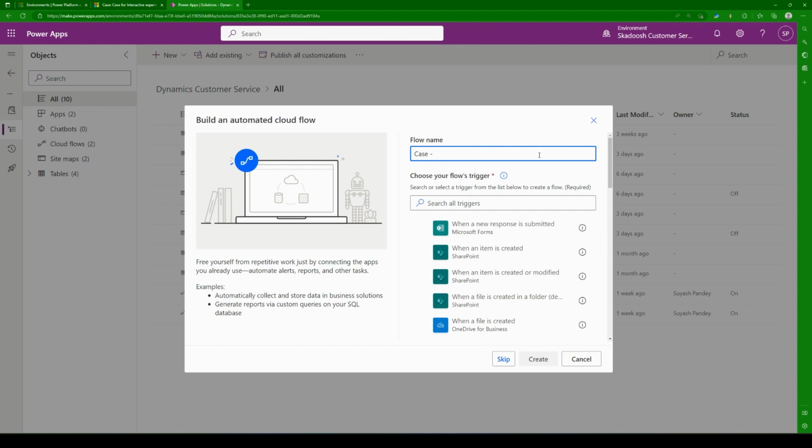A naming convention is important when you are trying to make these workflows. You cannot just make it anything. So normally, one of the best practices is to start off with the table on which it's going to be built, because the trigger is on case creation. So the table that leads to the event is case. That's why we say case. It's easy. It's good to name it this way because it's also easier for others to find, okay, what are the automations built on case tables? What are the automations built on account, etc. Okay, so case and then create a case